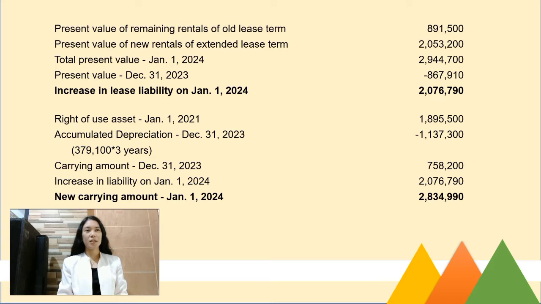Present value of remaining rentals of old lease term amounting to 891,500 ay i-add natin sa present value of new rentals of extended lease term amounting to 2,053,200. So we will get the total present value as of January 1, 2024 amounting to 2,944,700. Then i-deduct natin doon yung present value as of December 31, 2023 amounting to 867,910. So, yung increase in lease liability on January 1, 2024 is equal to